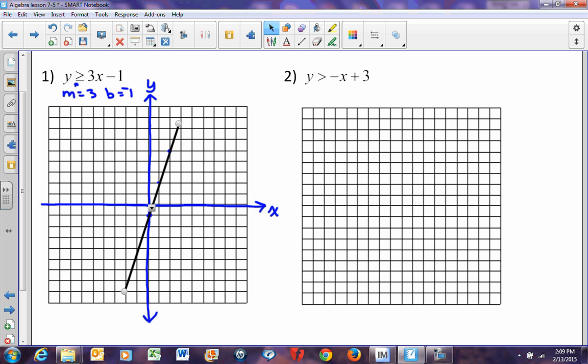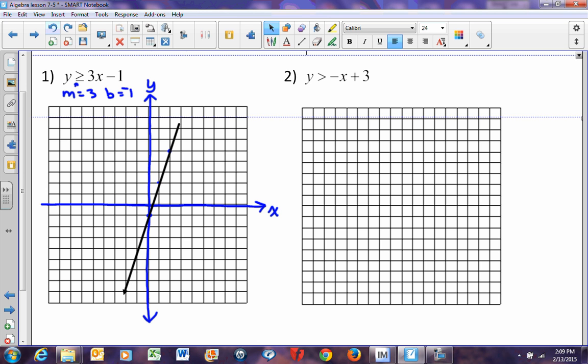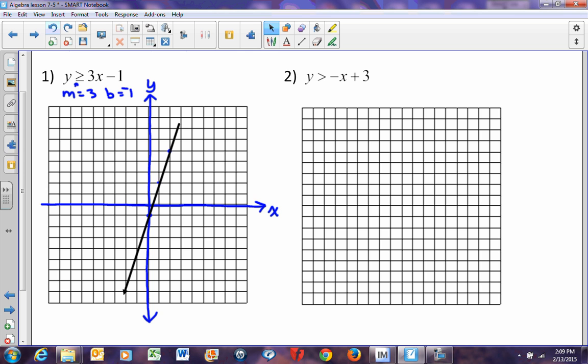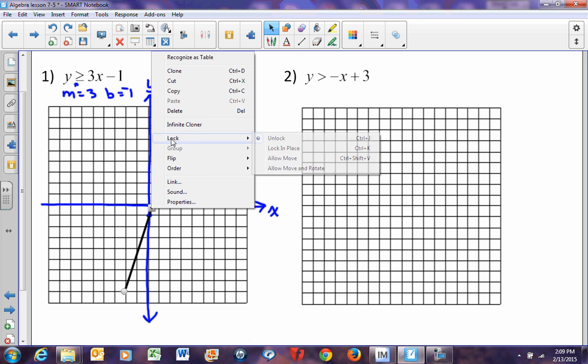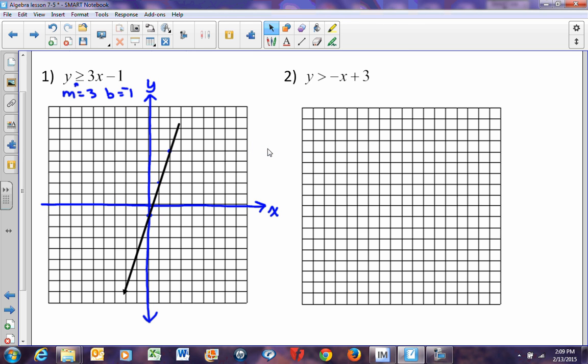There we go. There's my lovely line. I'm going to put an arrowhead on this end of it. Oh, just move it. There we go. So now I'm going to put an arrowhead on. I did it again, I moved it. I should lock it in place now. There we go. There's my line. Now when I put my arrowhead on it,